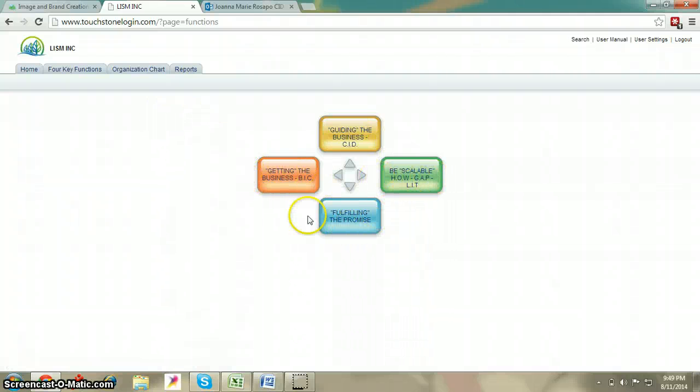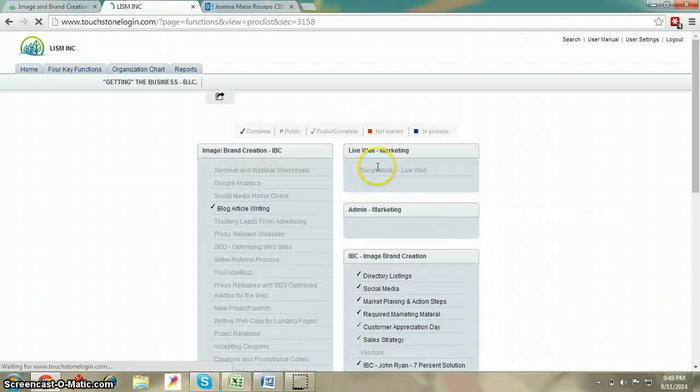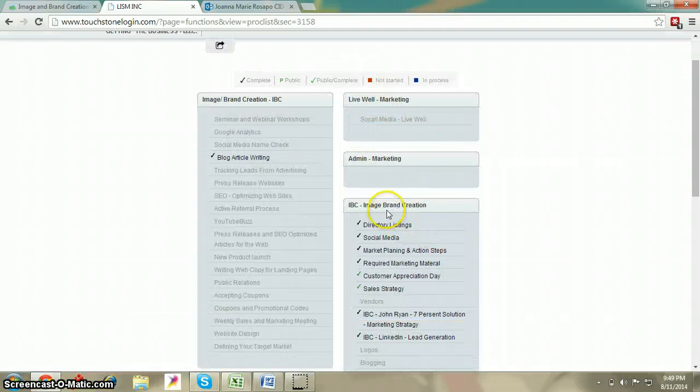Our list of directories of classified ads is listed in getting the business because we create branding and images. So let's click getting the business and then go to image brand creations.